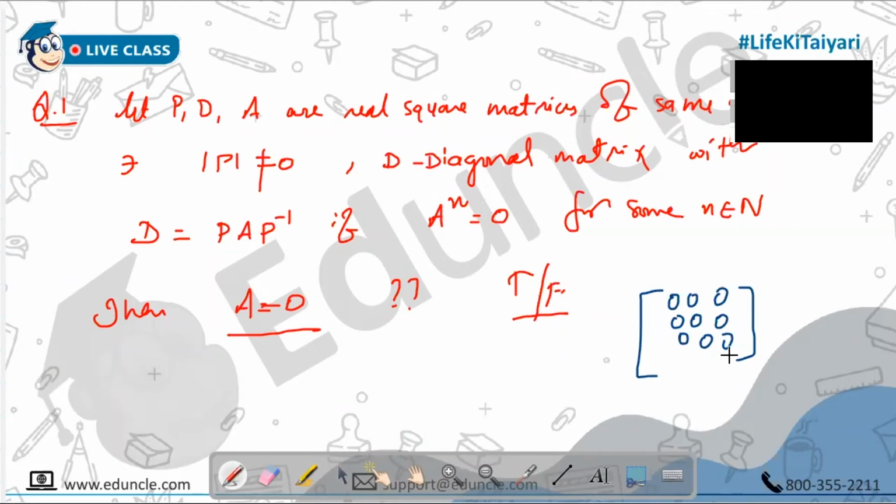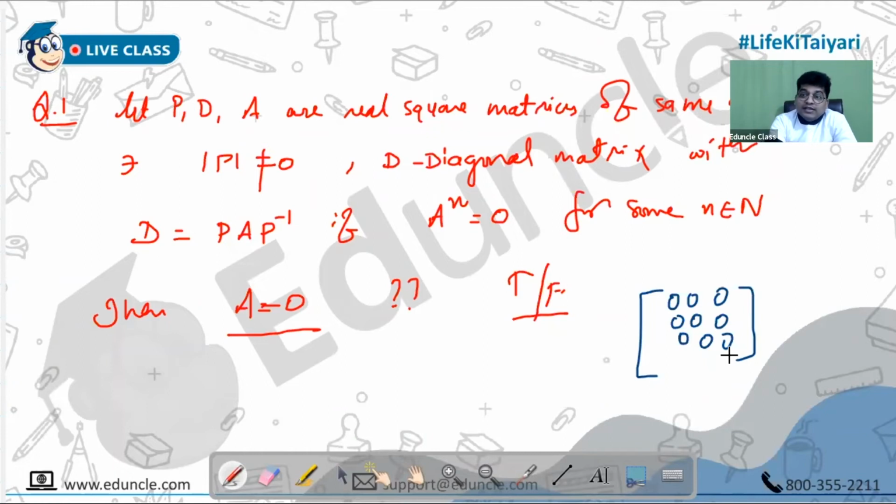Sir, yes. If A power n equals 0, then this implies that A is a nilpotent matrix, and a nilpotent matrix is not diagonalizable. It is diagonalizable only when A is zero. This is the main thing: A to the power n is zero means A is a nilpotent matrix, and a nilpotent matrix is never diagonalizable. A matrix is either nilpotent or diagonalizable. A matrix can be both nilpotent and diagonalizable only when the matrix